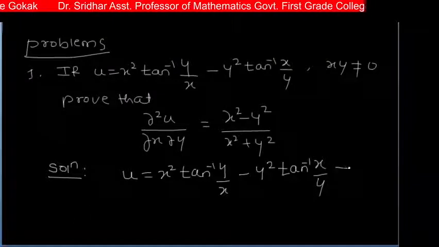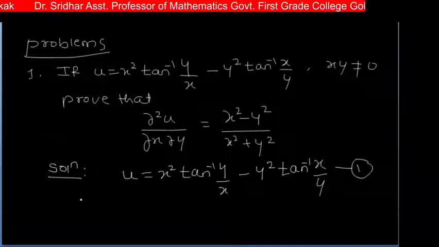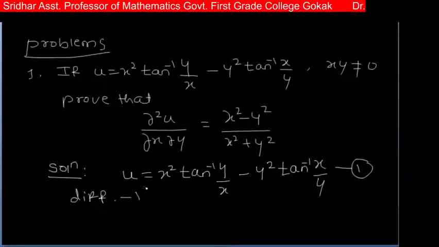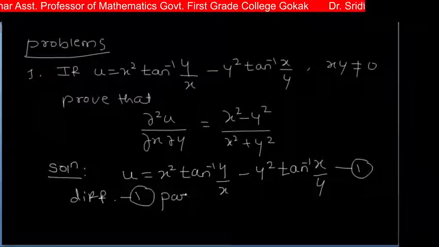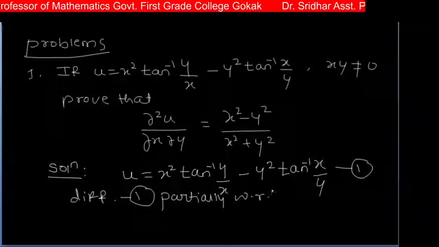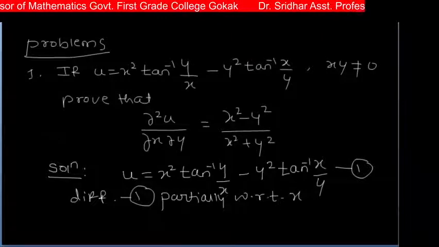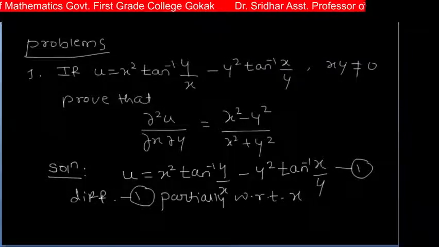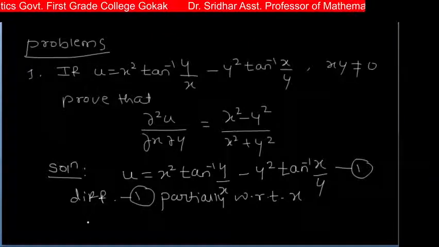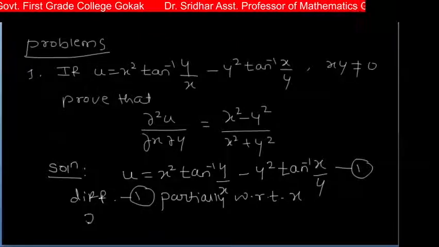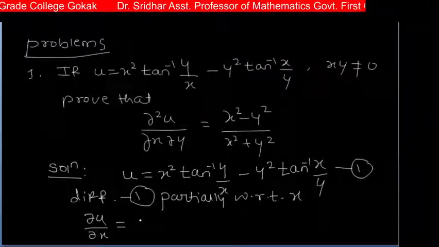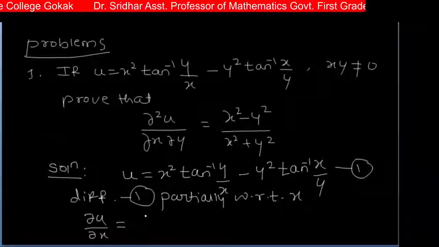Call this equation 1. Now differentiating 1 partially with respect to x, okay. So what we obtain, dou u by dou x is equal to,